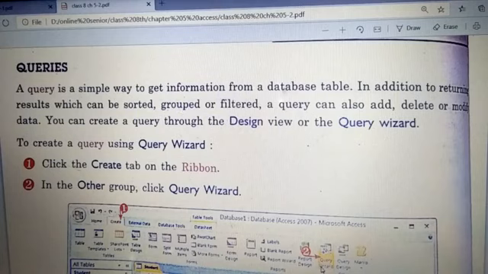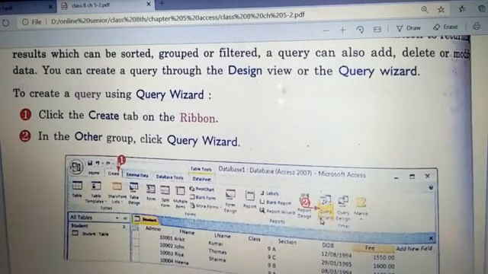And how that can be done, let's see here. First we will study how to create, and this is the only thing we will study right now. Other things will be studied in the next half of the year. Okay, now to create a query using Query Wizard, what you need to do, you need to click the create